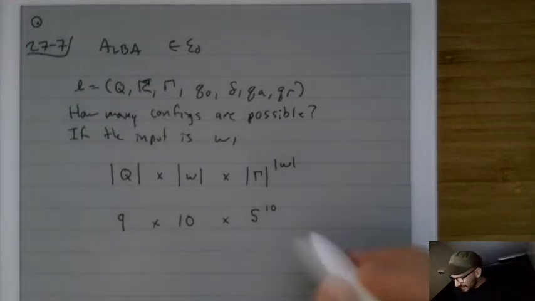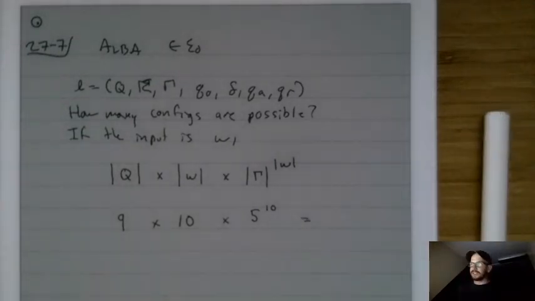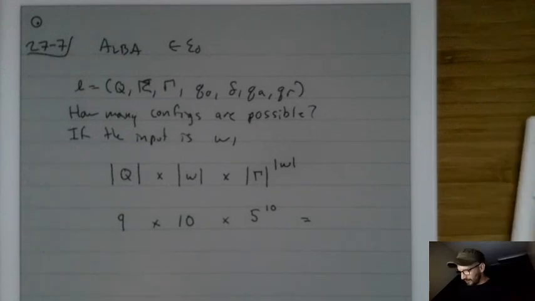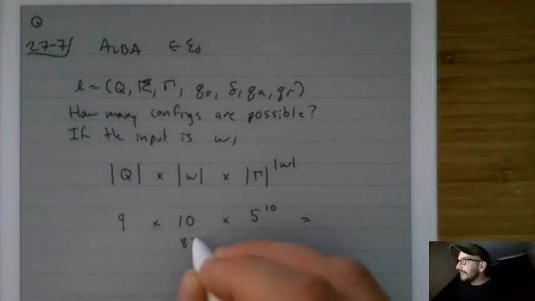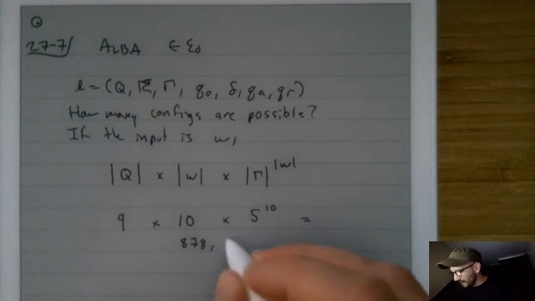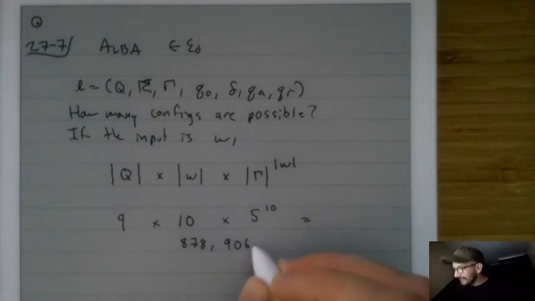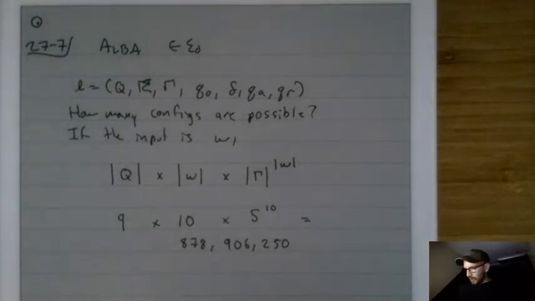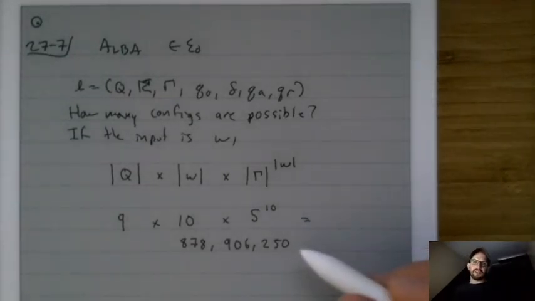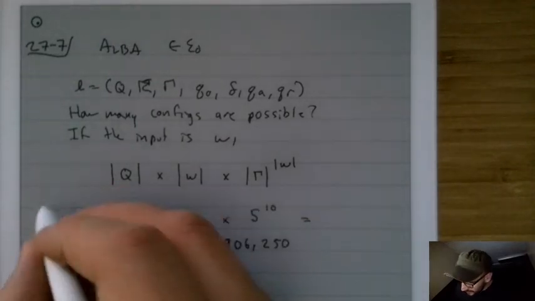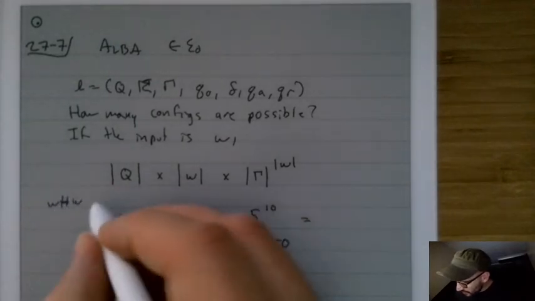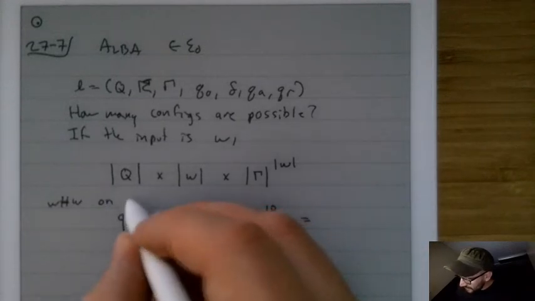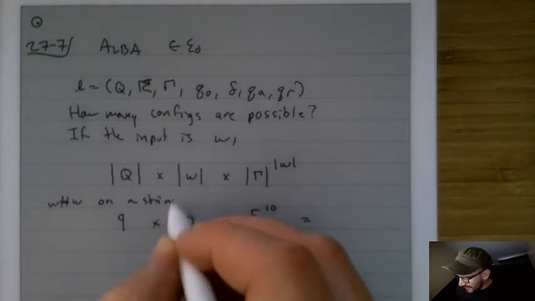Okay, so that is some number. Let's look at what it is. It's 9 times 10 times 5 to the 10. Oh, whoops, that's 5 to the 19. So that number is 878,906,250. Okay? So that is the total number of possible configurations there are when we run the W#W on a string that is